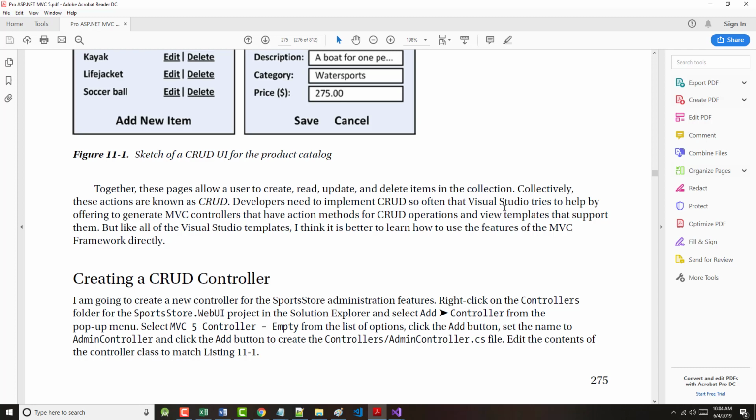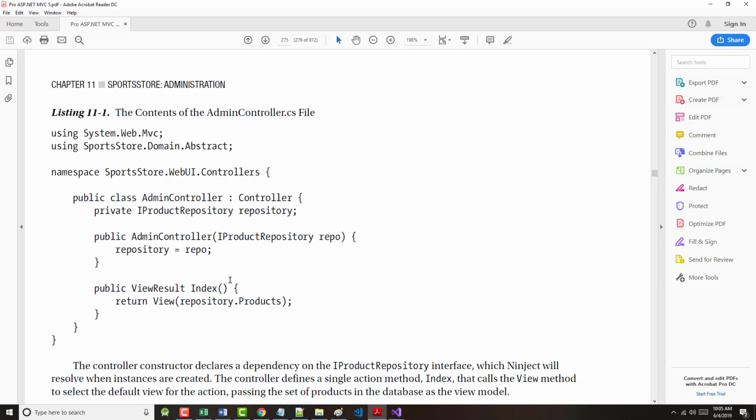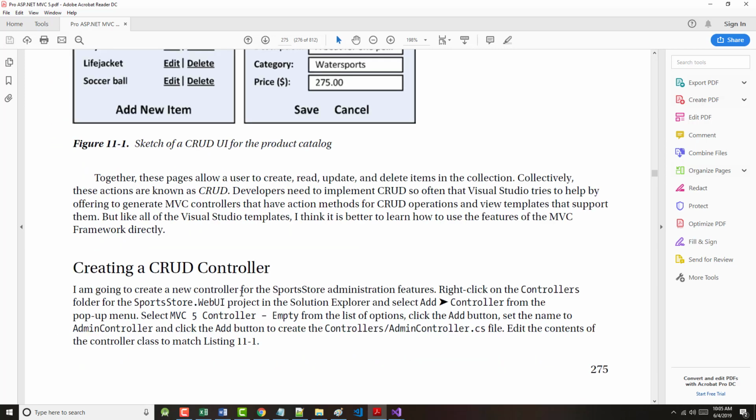Collectively, again, the actions are known as CRUD. Developers need to implement CRUD so often that Visual Studio tries to generate controllers that have CRUD action methods. But like all Visual Studio templates, I think it's better to learn it directly. Author speaking here. So we're going to create a new controller